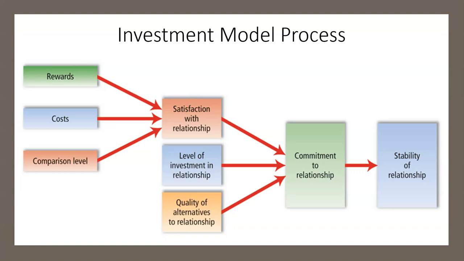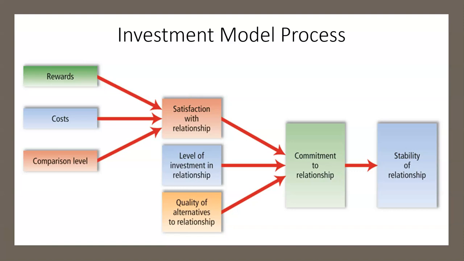And the longer we're in relationships, the more investments we tend to make in them. And then there's the quality of alternatives that you might invest in. So basically what Rusbult is doing is adding some components to the formula